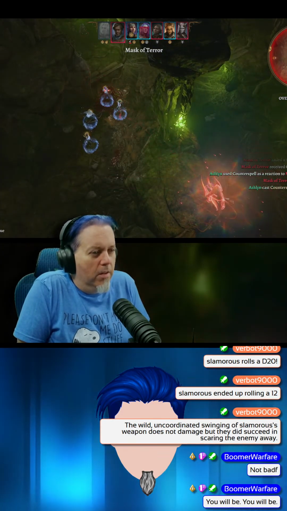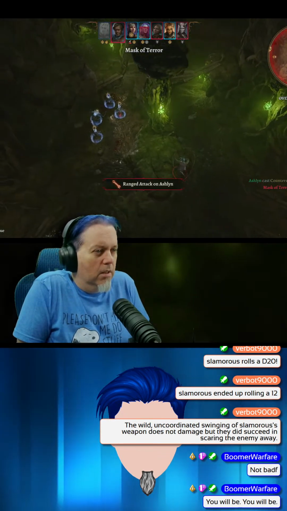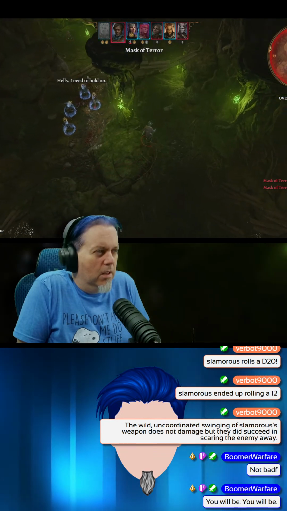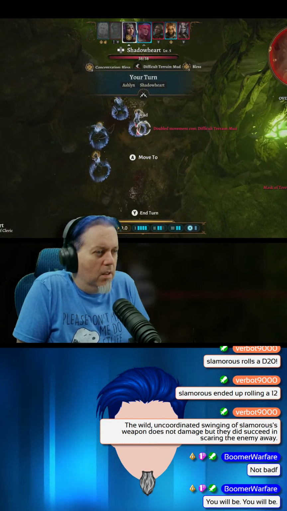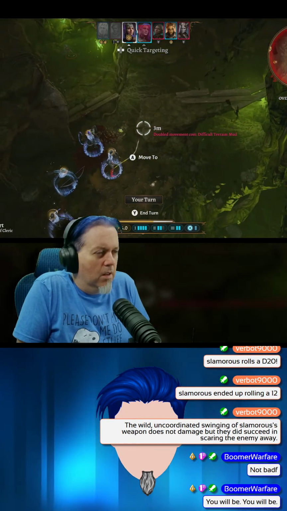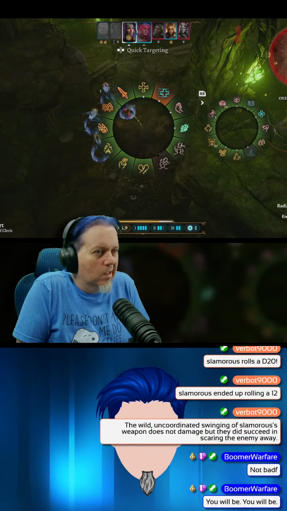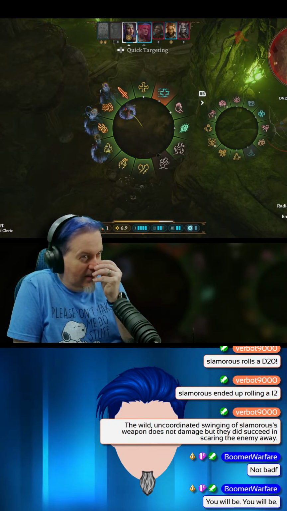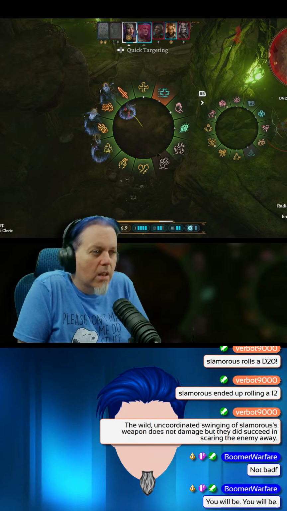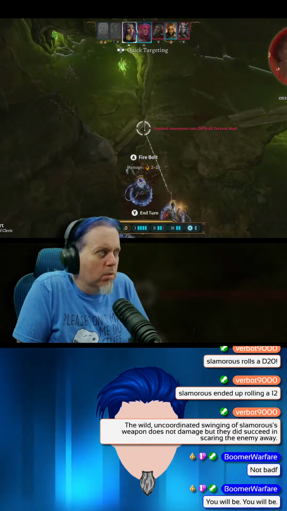Counterspell. Haha. I need to hold on. Is that a firebolt?